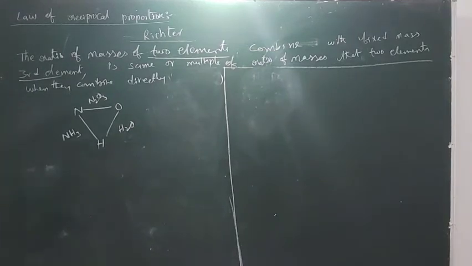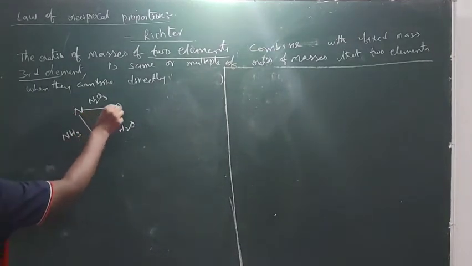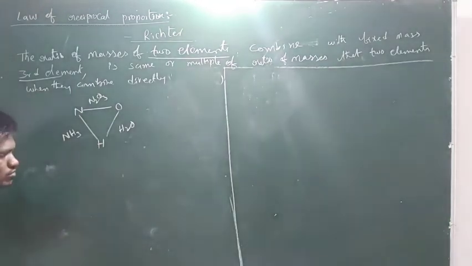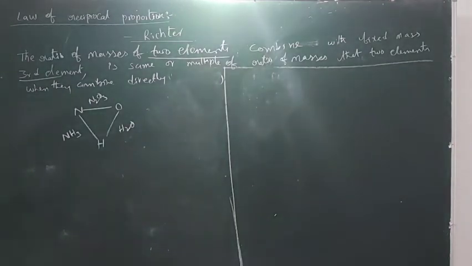So next one, guys, second example. Here these are the two elements combining with hydrogen, so the hydrogen mass must be fixed. Let us check first of all whether the mass is fixed or not. Nitrogen combines with hydrogen and forms NH3. In NH3, the mass of the hydrogen, how much, guys? 3 hydrogens are there, so the mass of the hydrogen is 3 grams. Next, what is the mass of the nitrogen, guys? Only one nitrogen is there, so 14 grams. So 14 grams of nitrogen combine with 3 grams of hydrogen.